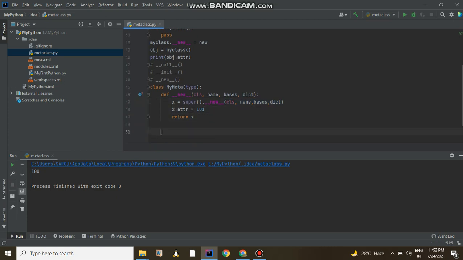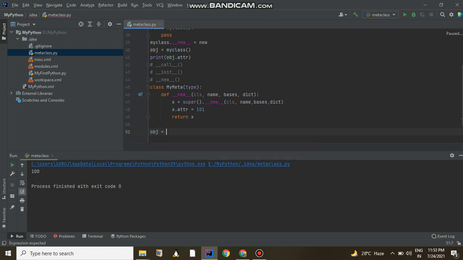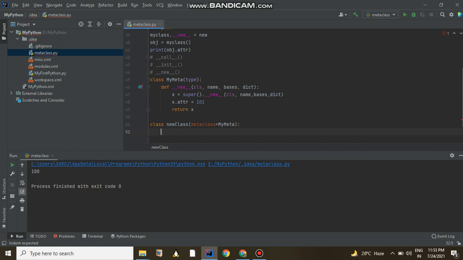Now let's create an object of it. Sorry, not an object, let's create a class, where my meta is the metaclass. Suppose this is a new class, and here let me use my meta as the metaclass, and pass, nothing required here.